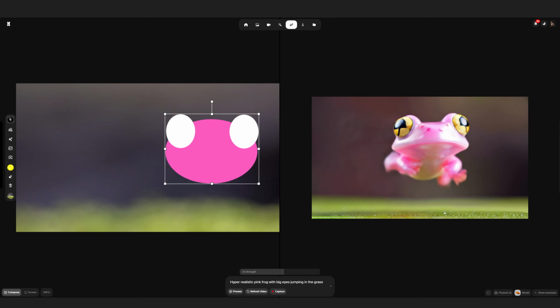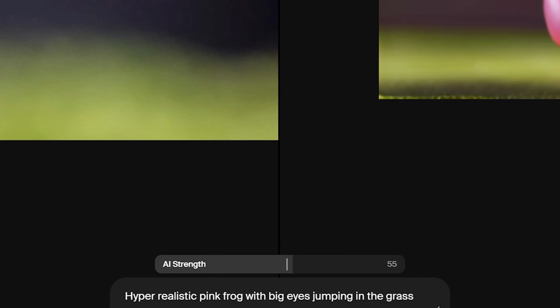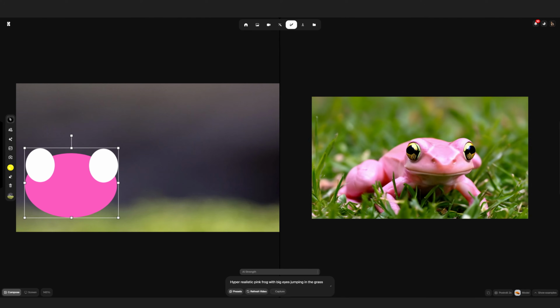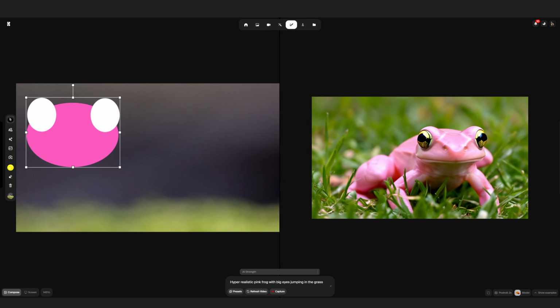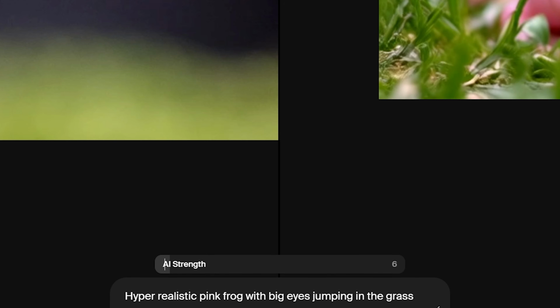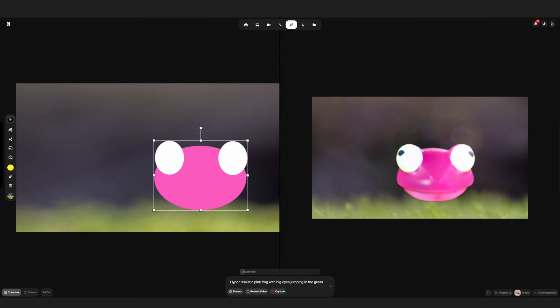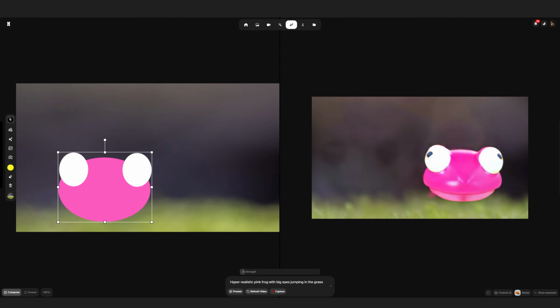Moving to the interface in the center, between the input and output views, you will see a large slider labeled AI Strength. The further this goes to the right, the more closely the generation will try and stay to your prompt, as it's written in the large prompt box in the middle. Inversely, when you slide the AI Strength all the way to the left, the visuals in motion in the left-hand input window will become more influential. When in doubt, start with it in the middle and work from there.